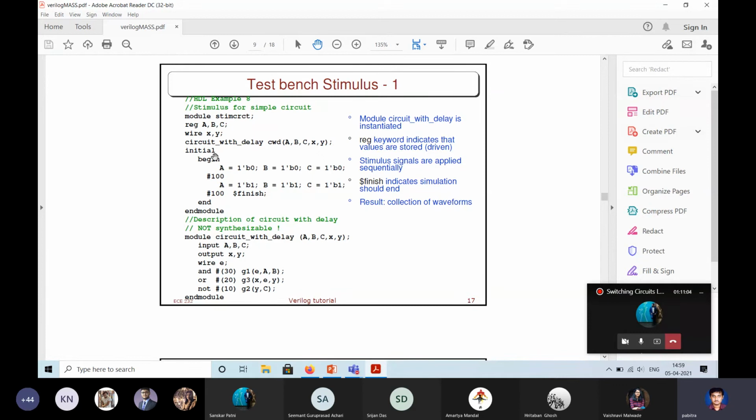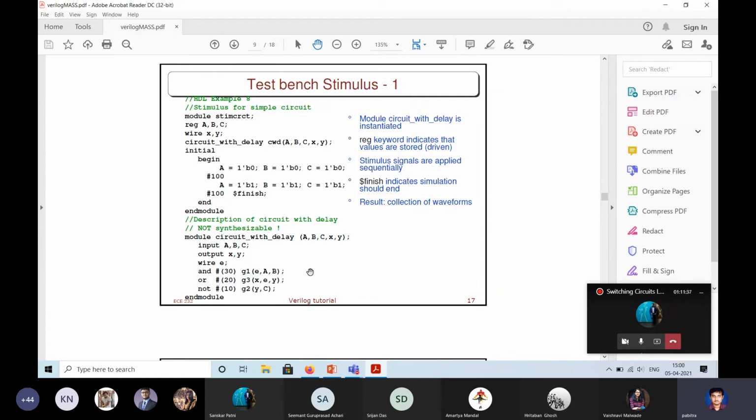This is initial, which means it executes only once. Let us understand what it means. Begin: A is a 1-bit 0, B is a 1-bit 0, C is a 1-bit 0.